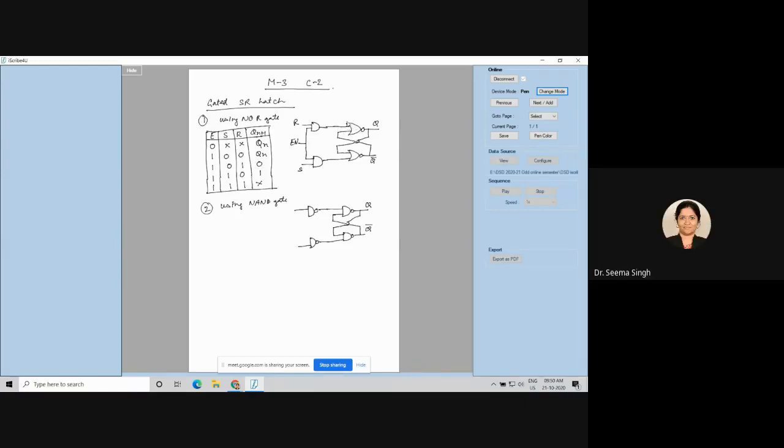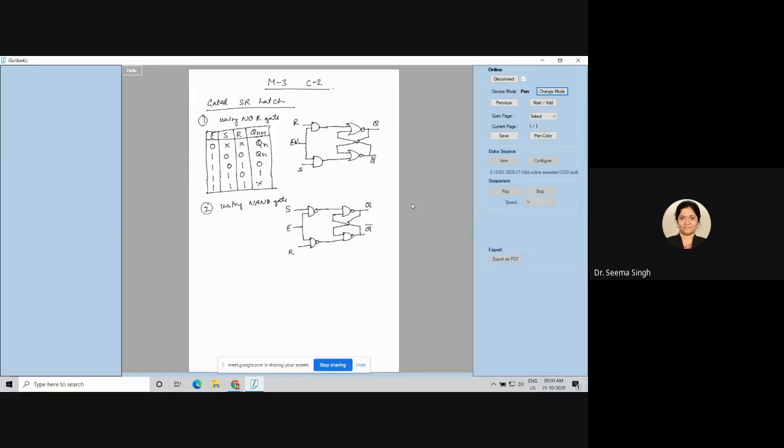Please remember this, I am repeating it again and again. For a NOR gate latch, R is in line with Q. But for a NAND gate latch, S is in line with Q. Okay, S is in line with Q and R will come down, and our enable can work with this. Now you have to observe how. You can write either E or EN, both will mean enable only.